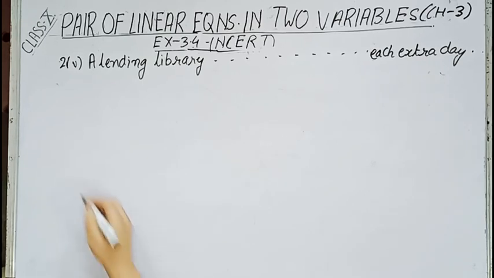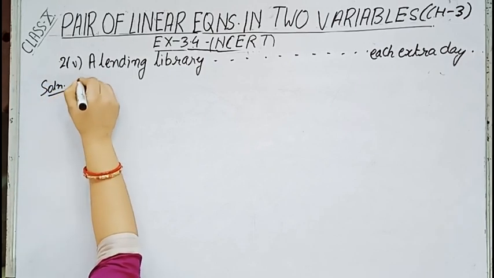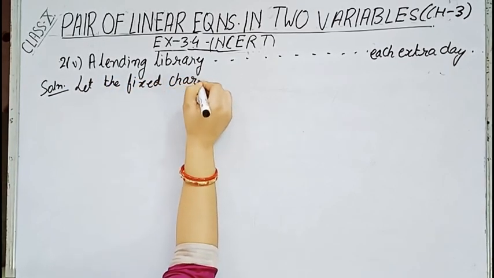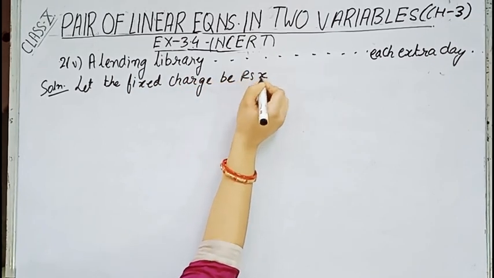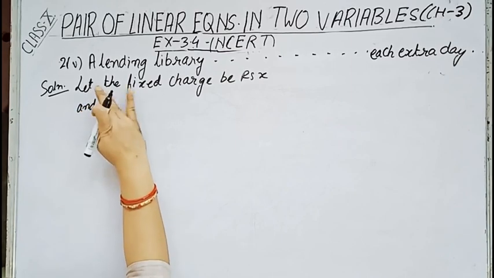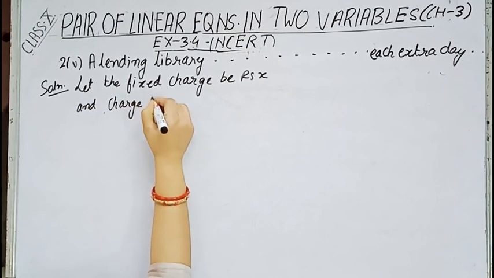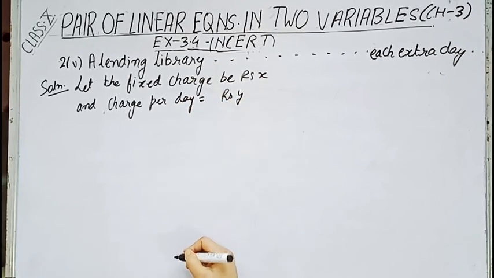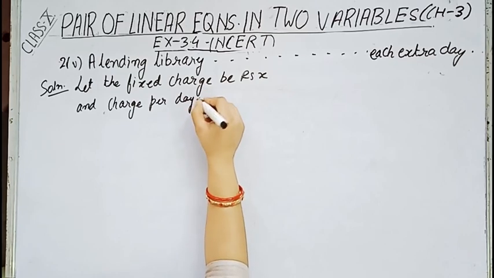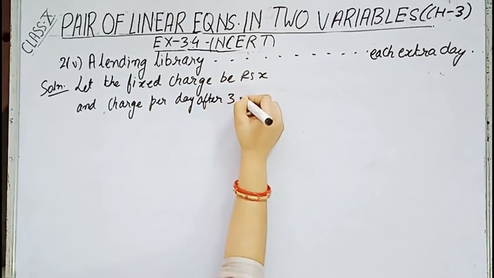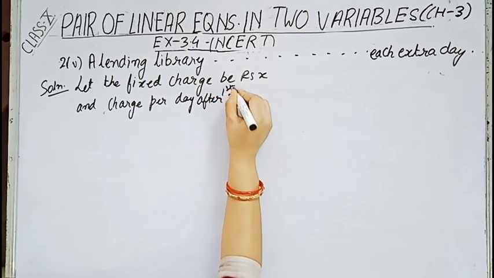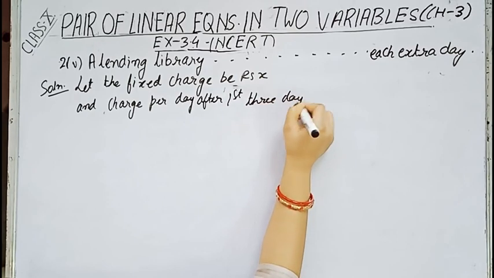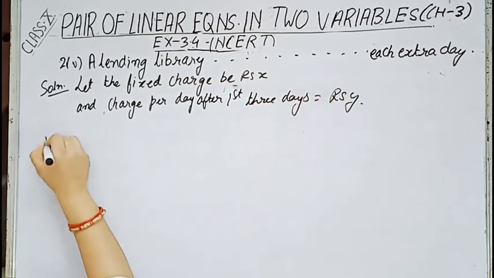So let us start the solution. Let the fixed charge be rupees x and the charge per day thereafter, per day after the first 3 days, equals rupees y. Now according to the question,